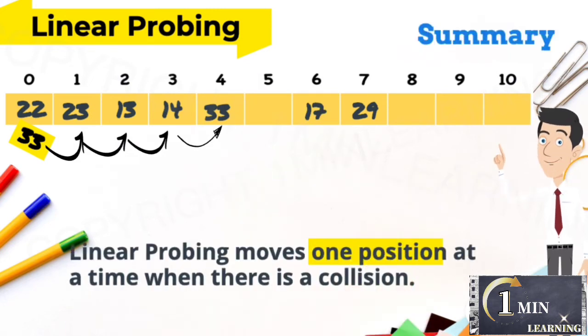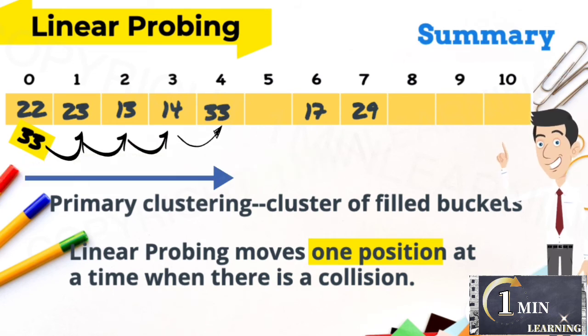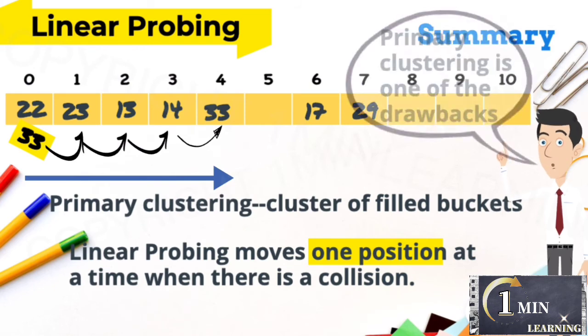Summary. Linear probing moves one position at a time when there is a collision. Primary clustering, which is the cluster of filled buckets, forms when collisions are resolved. For instance, the few attempts for 33 to find an empty bucket. This is one of the